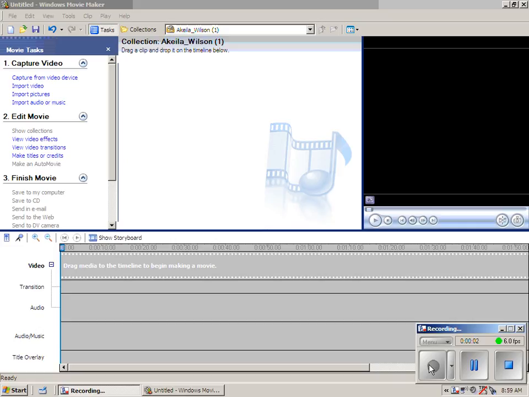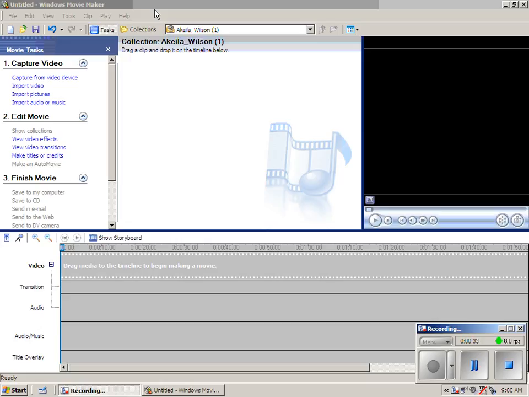Movie Maker Video 1. To start off with, this is what you will see when you open up Windows Movie Maker. You should have an icon on your desktop, or it's under Programs, possibly Accessories. Movie Maker is a free program, so you can have it on any computer, anywhere. And it is a wonderful program to make videos, very advanced slideshows, basically, where you can put anything that's a